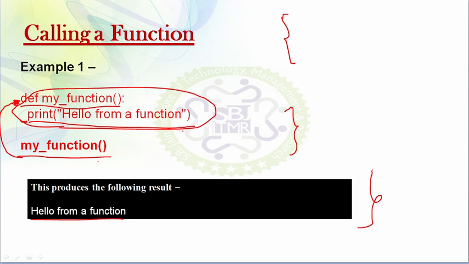So it is very important to give the indentation. If you do not give any space here and directly write this print just below this def, then nothing will come inside this my function. It will be outside of this my function.